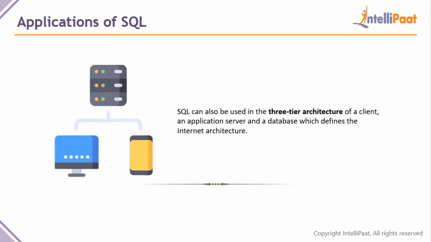So the next application is what we call the three-tier architecture. The three-tier architecture is very similar to the client server architecture, where we have something called an application server, we have a database, and all of these together, the server, the client, and the database, form the three basic tiers of the architecture, guys. So it's the client, the server, and the database where the data is present, and it can go through the server to multiple machines, or you can have it come to the server and talk to the client directly as well, guys.